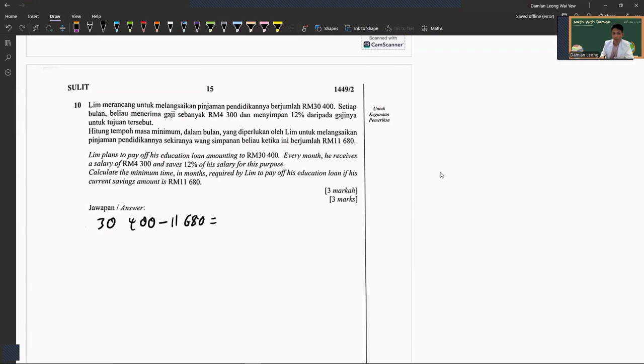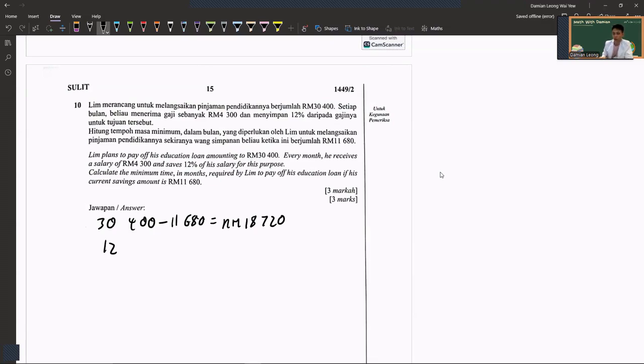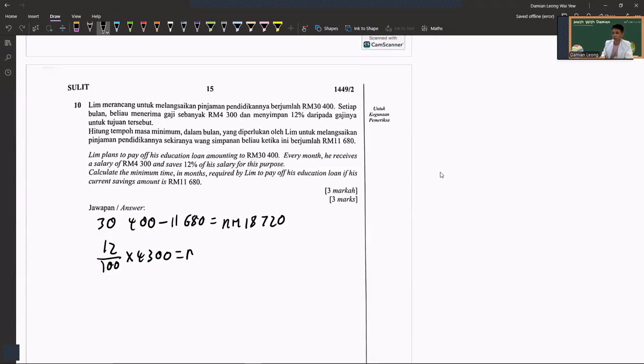18,720 ringgit. That's how much he needs to save. Okay. So he receives a salary of 4,300 ringgit and saves 12% of his salary. So 12% of 4,300. Each month he saves 516 ringgit. So time required would be